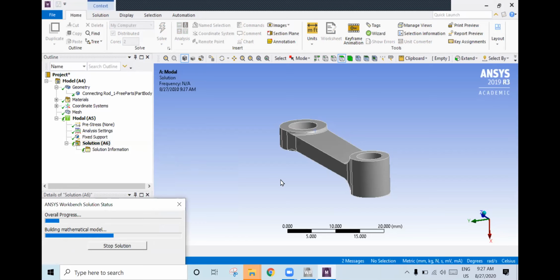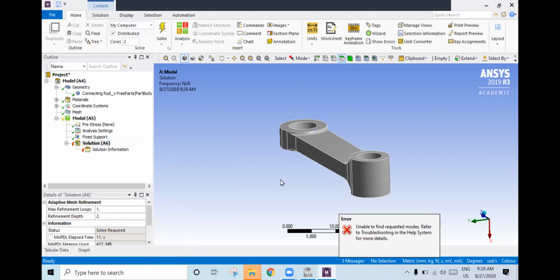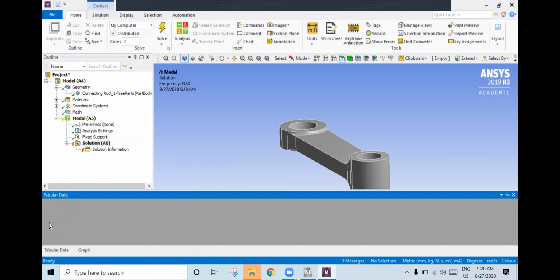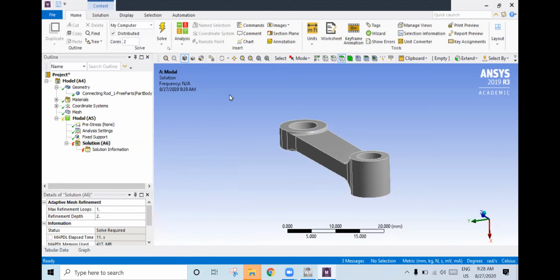All of you are getting it. Good, very good. See here, it has been solved, but here we are not getting any frequency. If we go to this, that means we don't have any frequency in between this.